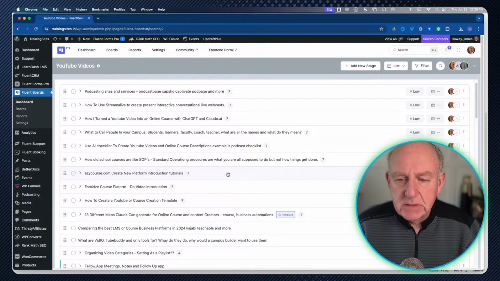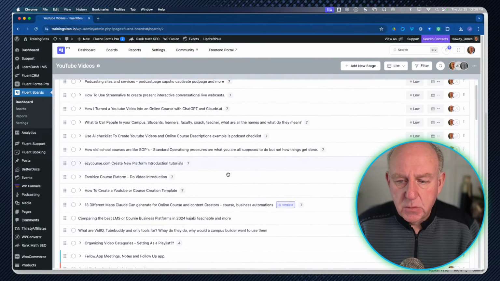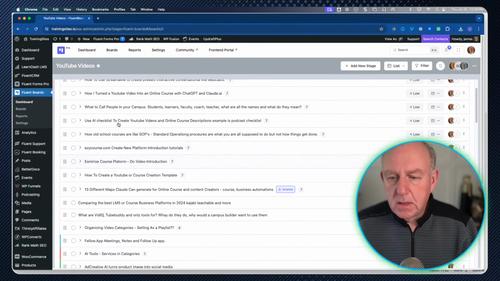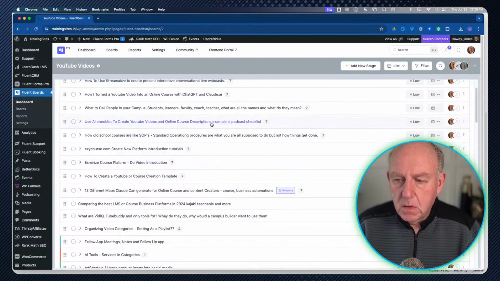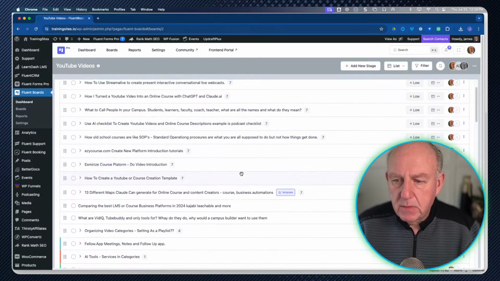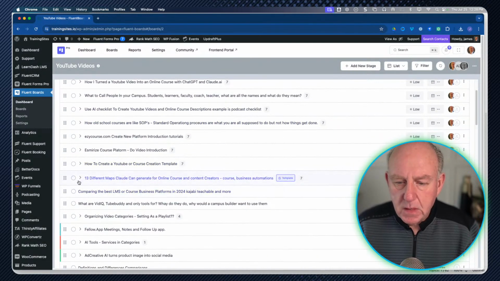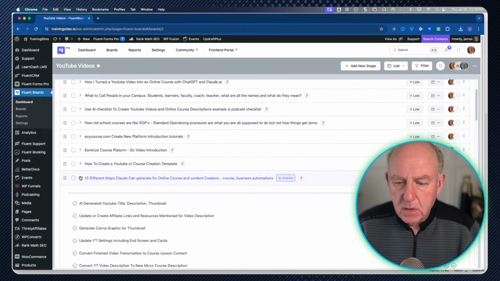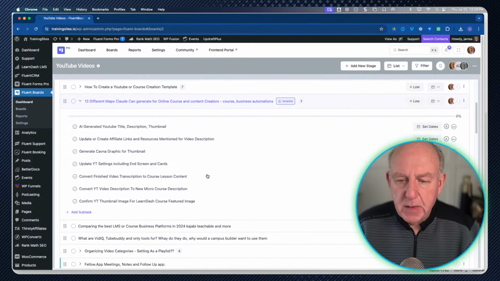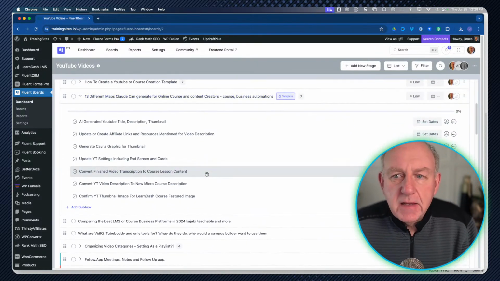So if I was going, let me just open up one here. Let me just pick one that's a good one. Let me just do the template. We'll do the template one. And this is just an example. I'm opening up one. So these are kind of the things or tasks that you have to do if you're going to be doing a YouTube video. Same thing applies as if you're doing a course.